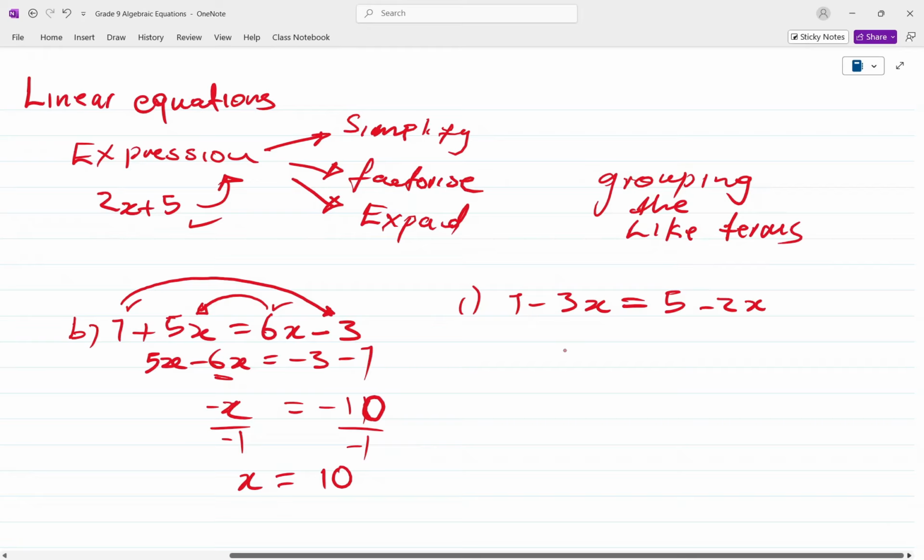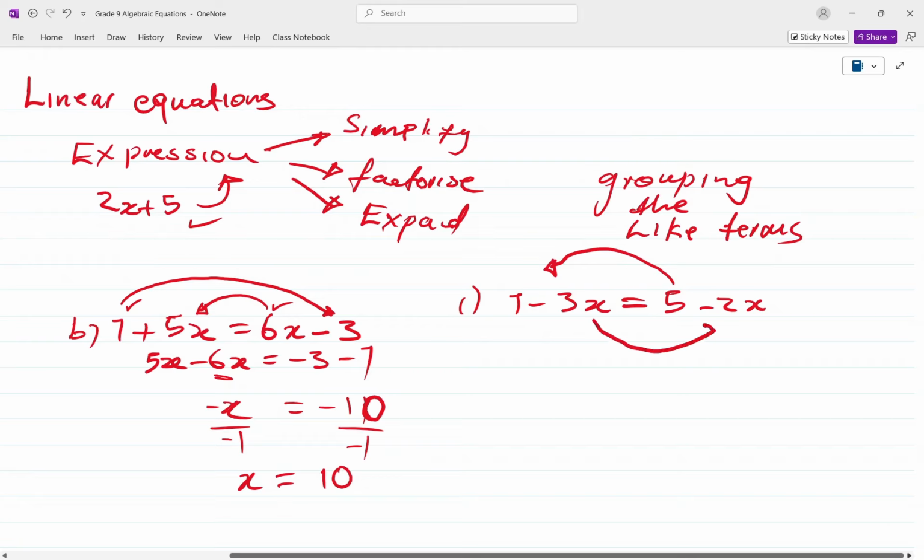So when we are grouping the like terms, we are going to write numbers which are containing variables one side, numbers which are not containing variables on the other. You can take them to the left, you can take them to the right. It does not make any difference. So we are going to be having now, let's take this 5 to the left, and then we take this